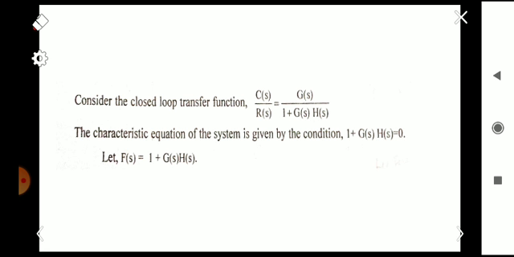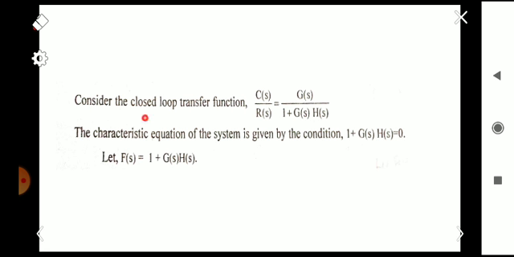So according to my opinion, if the question asks for a 5-mark question, you can answer from this point also. Okay, from this point itself. That is,